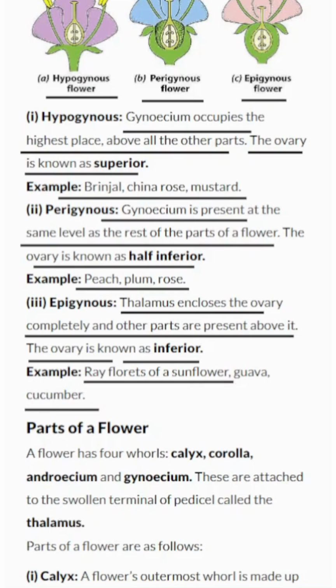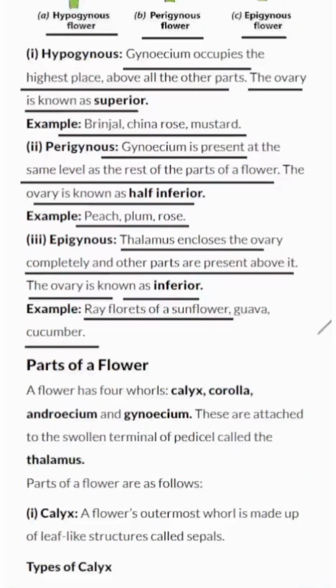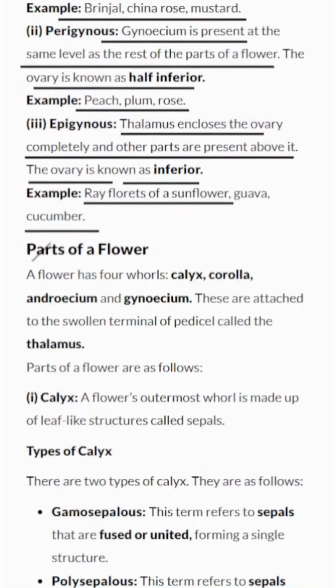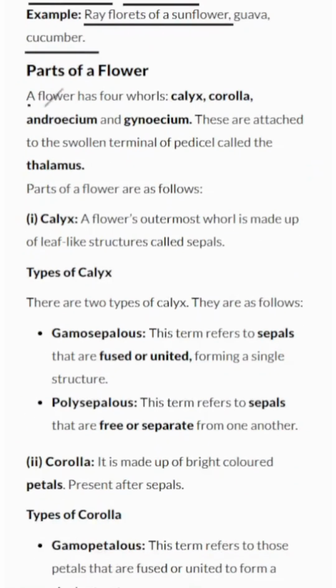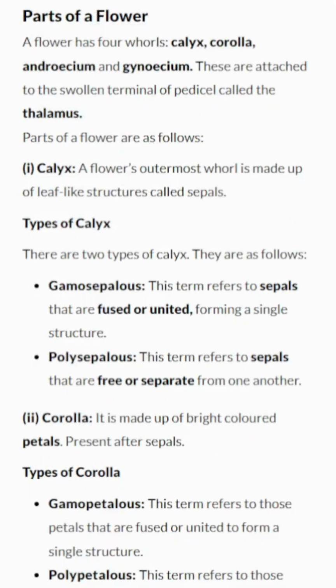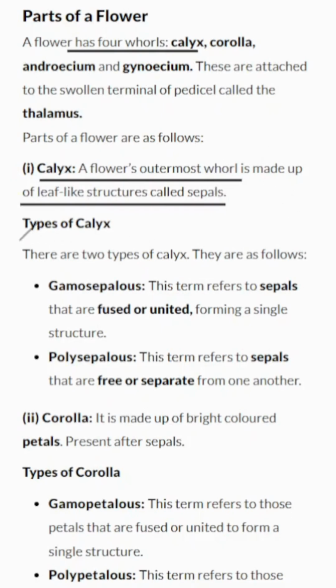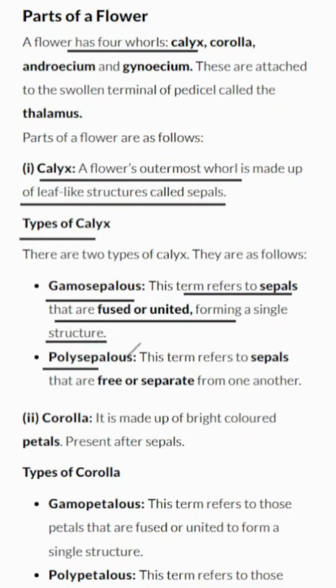Now that we've explored the different types of flowers, let's take a closer look at the components of a flower. A flower typically consists of 4 whorls attached to the swollen terminal of the pedicel, known as the thalamus. These 4 whorls are calyx, the outermost whorl, made up of leaf-like structures called sepals. There are 2 types of calyx: gamosepalous, sepals that are fused or united, forming a single structure; polysepalous, sepals that are free or separate from one another; corolla,